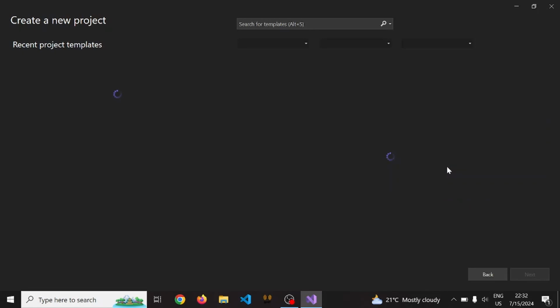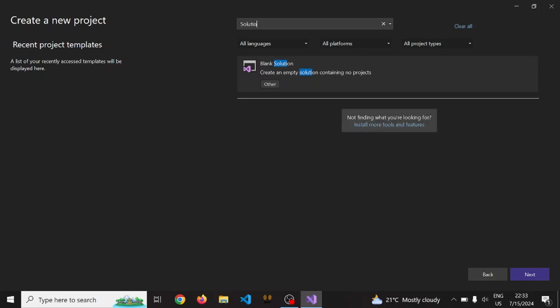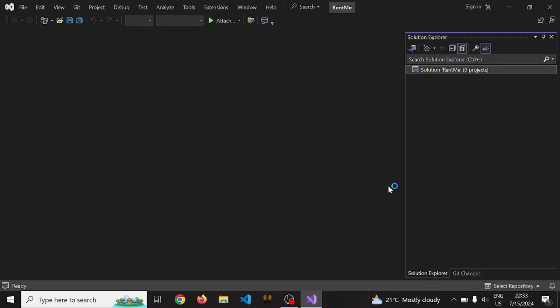So we're gonna create a project, search for solution, blank solution, select this, next, name. This will be the folder, you can go with this folder. I will just say application this way. So after we created the solution, we're gonna create